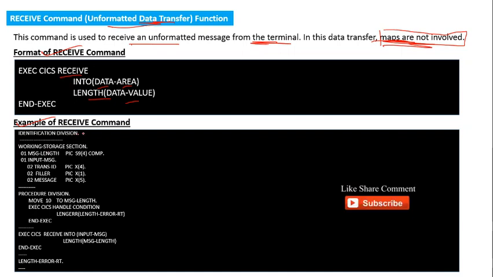Identification division, then working storage section, the message length is S9(04) COMP, and the input message has TRANSID, FILLER, and message. In the procedure division, move 10 to the message length. Then there is HANDLE CONDITION to check for errors for the length, and EXEC CICS RECEIVE INTO the input message, with the length given. If any error comes, it will go to this paragraph.